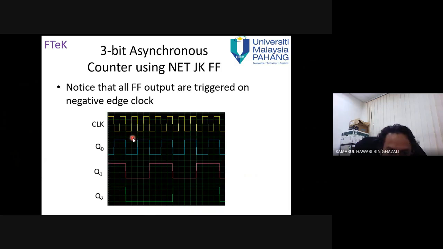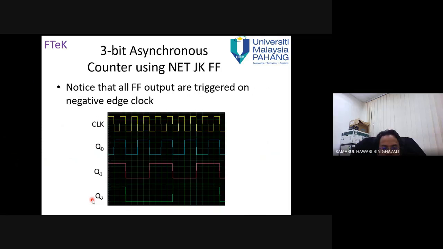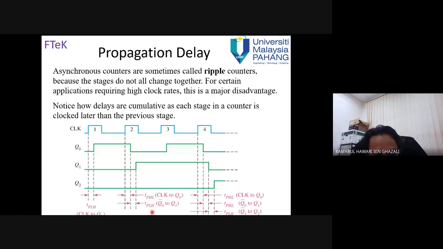So this trigger is actually having a delay. It's not simultaneous like this, kan, dia ada delay. Dia ada delay sikit lah. So delay ni kita tengok tPLH, time propagation dia nak pergi low to high. Dia nak naik low to high tu dia ada time sikit. Walaupun actually kita lukis at the same time kan, sama dengan clock ni, tapi sebenarnya bila clock ada, dia ada sedikit delay. Okay, tPHL